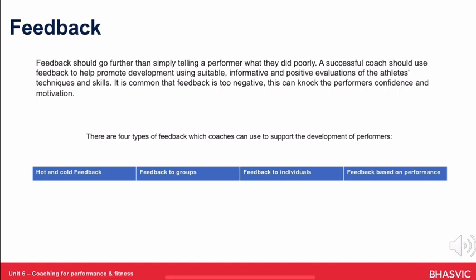Finally, feedback based on performance allows a coach to link a specific area of their game and highlight areas of development. For example, improving levels of fitness, technique, or technical ability. This method enables a coach to set performance-related goals for athletes to aim to hit and raise their game.